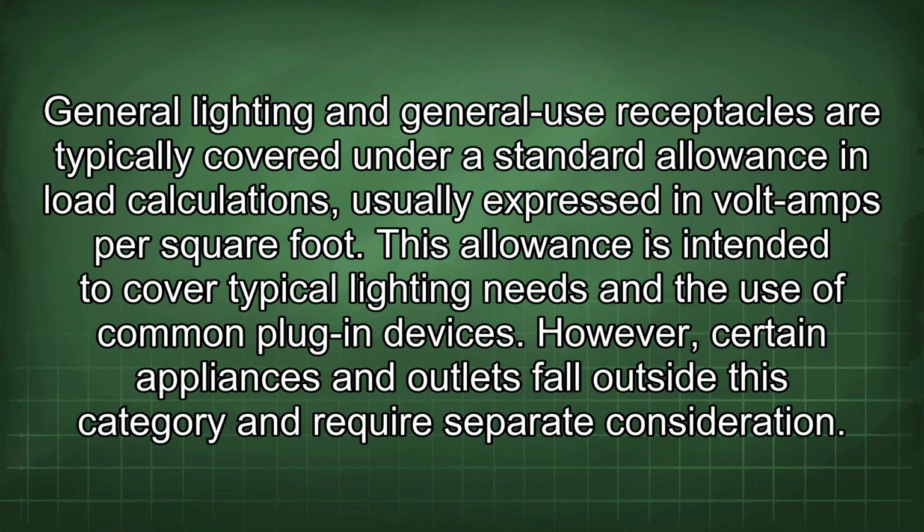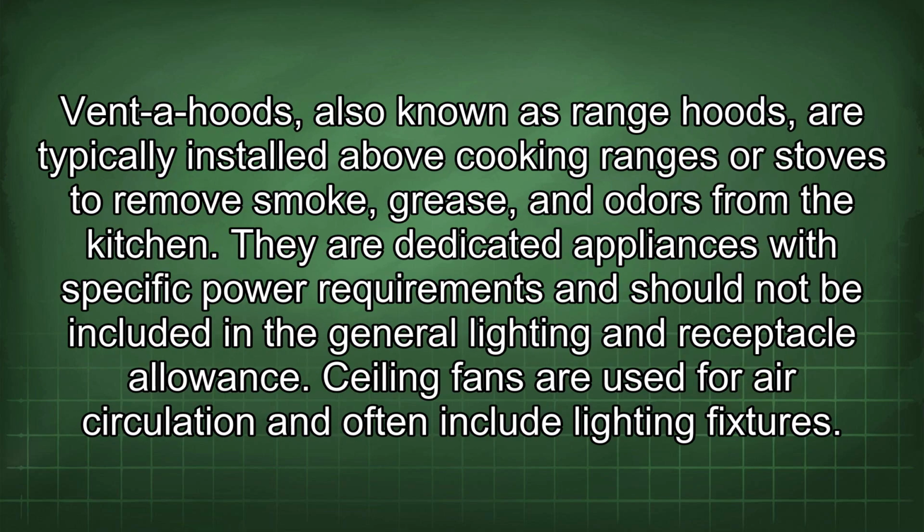General lighting and general use receptacles are typically covered under a standard allowance in load calculations, usually expressed in volt-amps per square foot. This allowance is intended to cover typical lighting needs and the use of common plug-in devices. However, certain appliances and outlets fall outside this category and require separate consideration. Vent hoods, also known as range hoods, are typically installed above cooking ranges or stoves to remove smoke, grease, and odors from the kitchen. They are dedicated appliances with specific power requirements and should not be included in the general